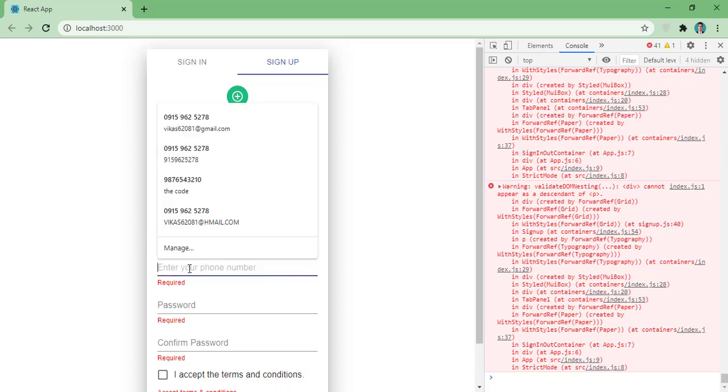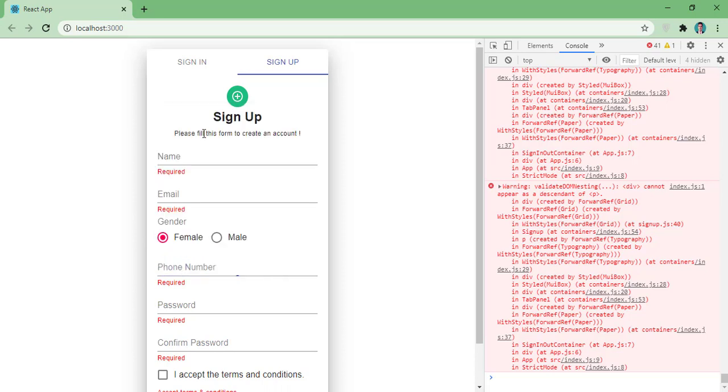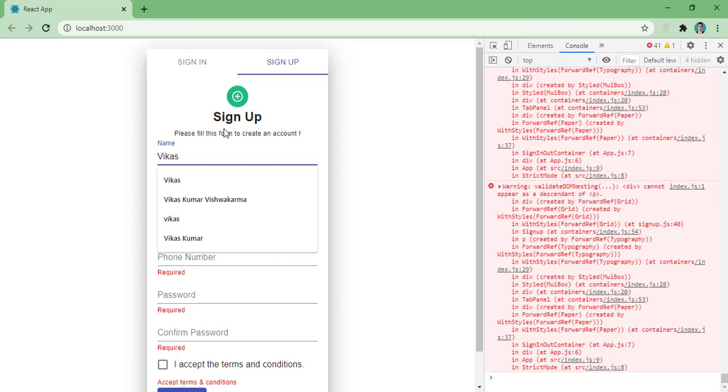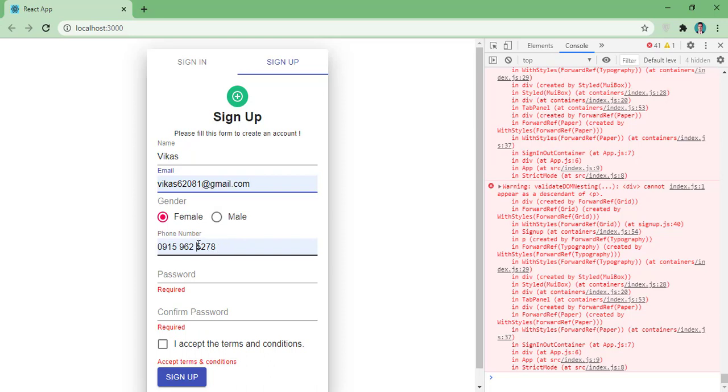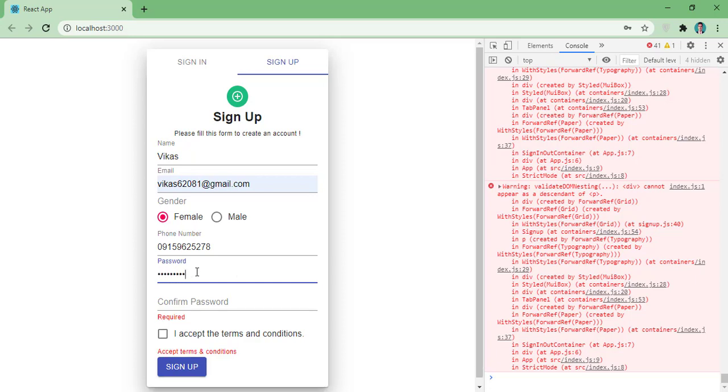Now let's validate from the beginning. Name, email ID, so here the phone number has been entered. And for the password, the minimum length should be 8 characters, so let's enter that.